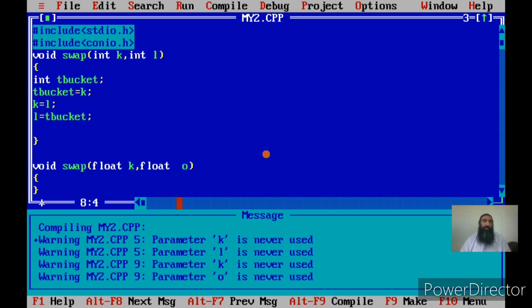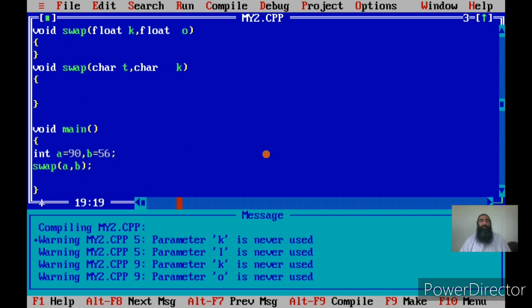This is how we exchange the contents of two variables. If I say k equal to L, the contents of k will be lost and L will be stored in it. So it is better that we store the contents of A first in some bucket. Okay. Now this is how we exchange the contents of two variables, using a third variable, that is T bucket. So swap will perform the exchange of k and L. Okay, but actually the exchange of the original variables will not take place because this is call by value.